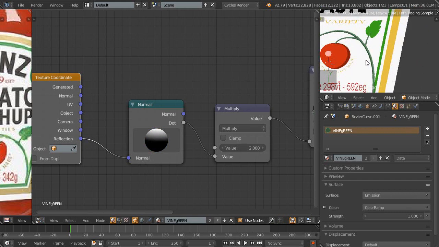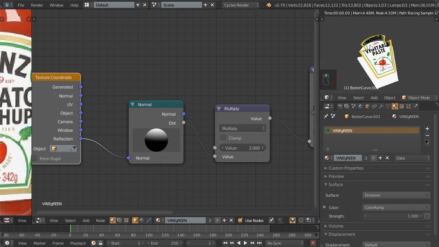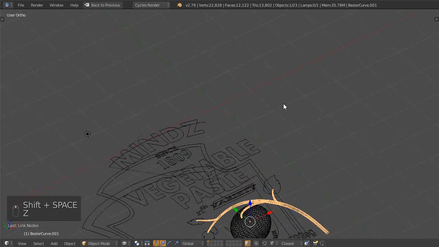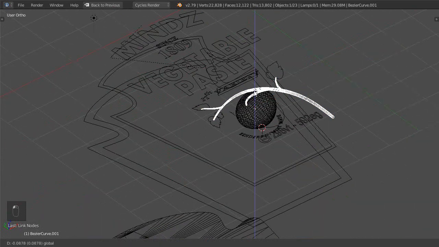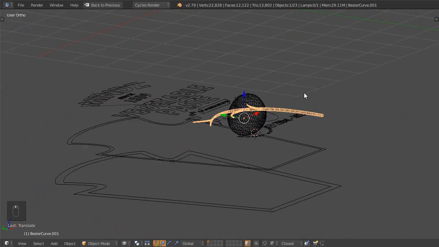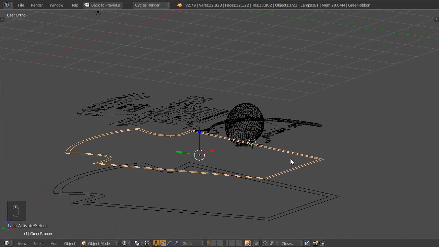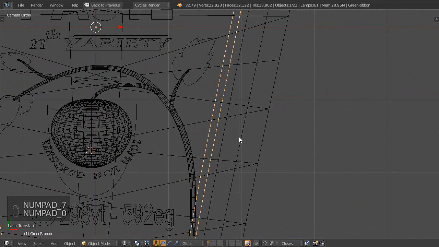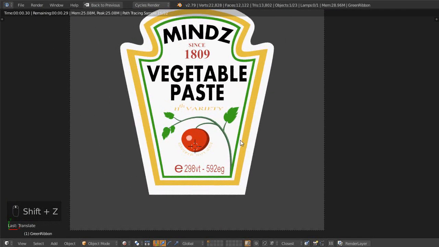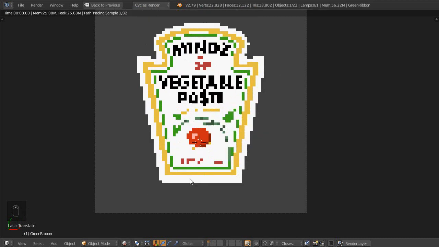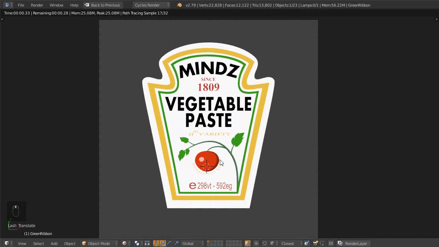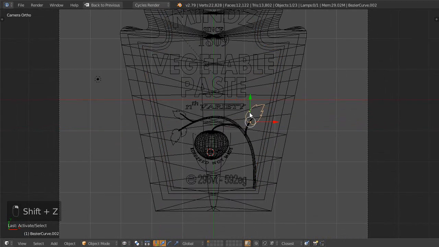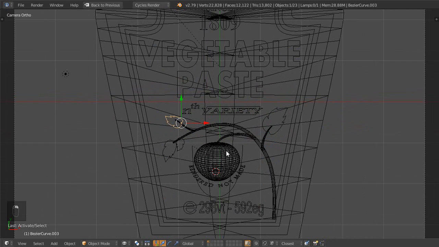Okay, there. I'm going to bring those down just a little bit. Now, that one, grab Z, bring it up. Control Save. That tomato could be a little bit bigger. And then these,